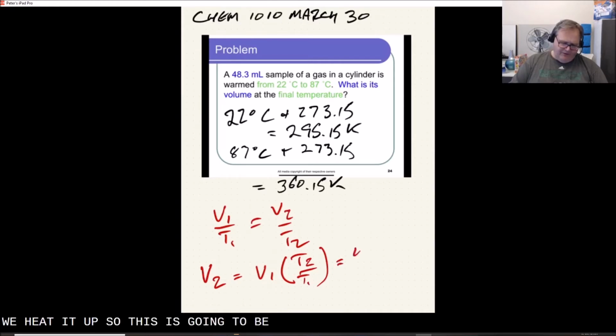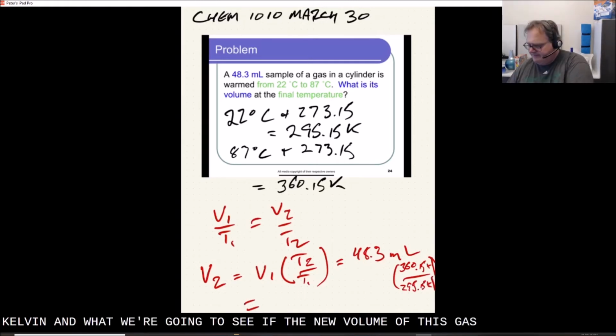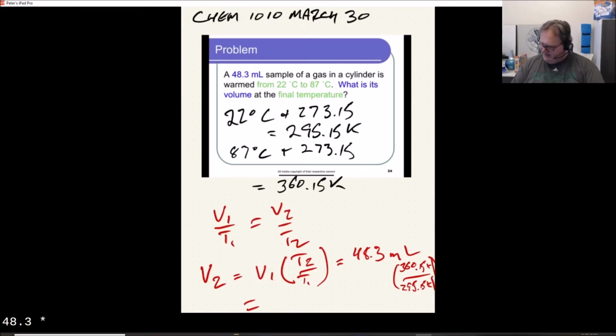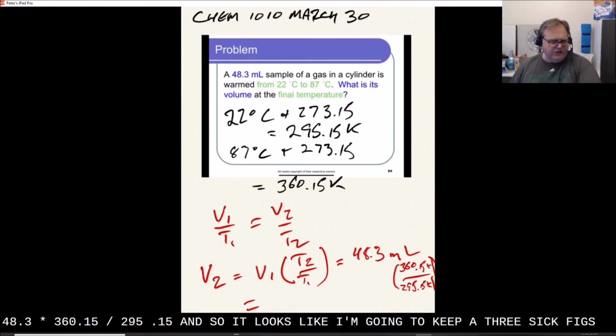So this is going to be our 48.3 milliliters multiplied by our 360.15 Kelvin divided by our 295.15 Kelvin. And what we're going to see is the new volume of this gas is going to be 48.3 times 360.15 divided by 295.15. And so it looks like, and I'm going to keep 3 sig figs in here, even though there's really only 2 in those temperatures,